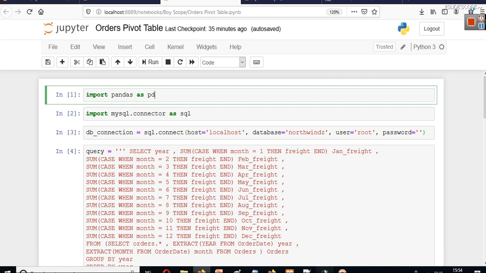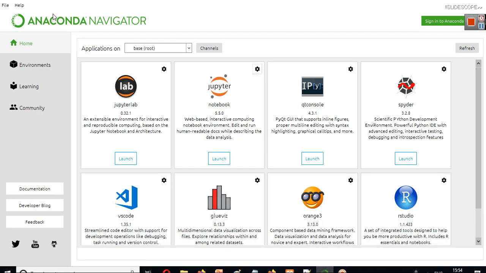What we are doing here is using Anaconda Navigator, which I told you how to install. Using Anaconda Navigator we can run Python pandas, and using Python pandas we can visualize the data that we get from SQL queries. Whatever data we are getting from this SQL query, we can visualize it with the help of Python pandas and plot some graphs. It is really easy, and I will explain the code to you. We are just running Jupyter Notebook.